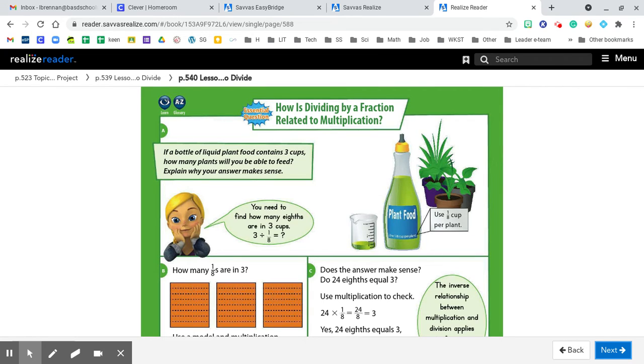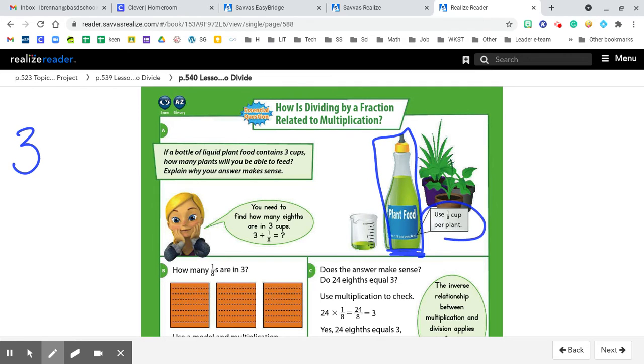A bottle of liquid plant food contains 3 cups. How many plants will you be able to feed? Explain why your answer makes sense. So each bottle of liquid container contains 3 cups. So this whole container is 3 cups. That's what we have. And we know each plant uses 1/8 of a cup. So if I take that container and divide it into 8 equal parts, how many plants will I be able to